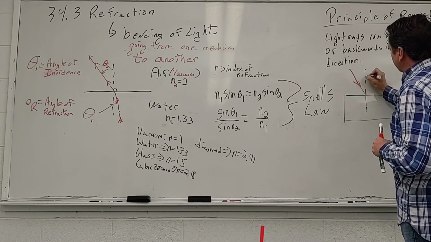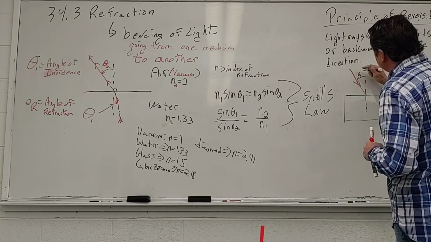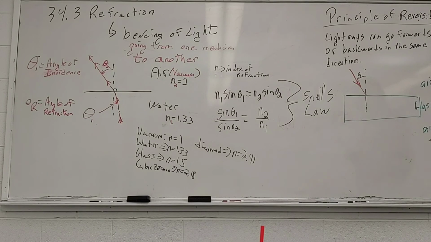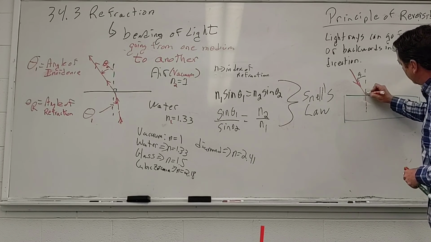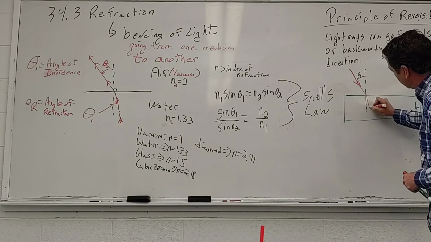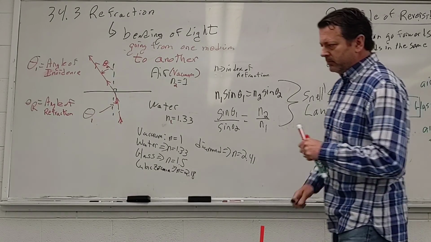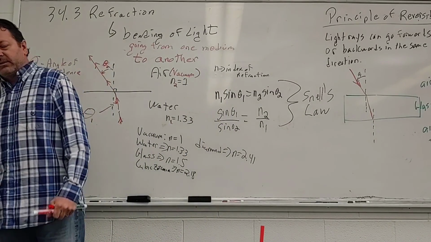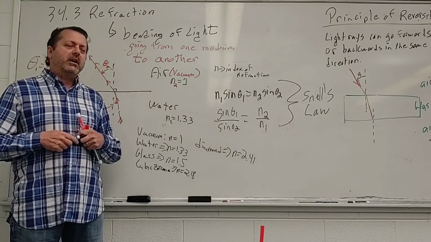And it's going to be some, I'll call this incident angle, called I. What's going to get refracted? It's going to be bent towards the normal, going from air to glass. Remember, the normal is always perpendicular. So it's going to hit here. Now the question is, once it hits here, what angle does it come out at? The refracted angle? Some angle we have to calculate? Or is there an angle we even know that it would come out at right now?